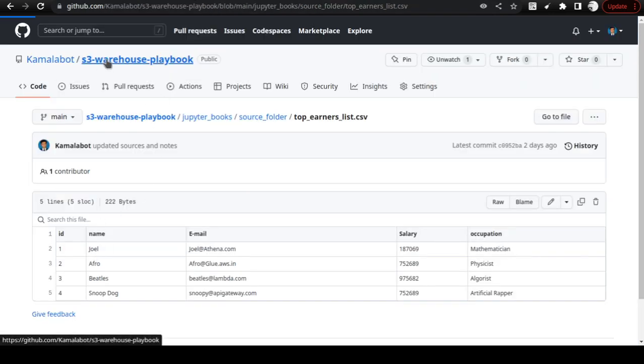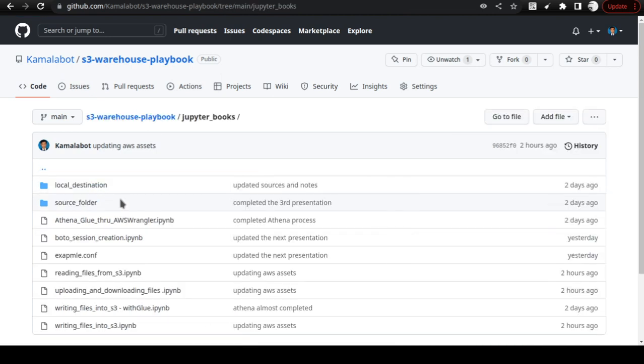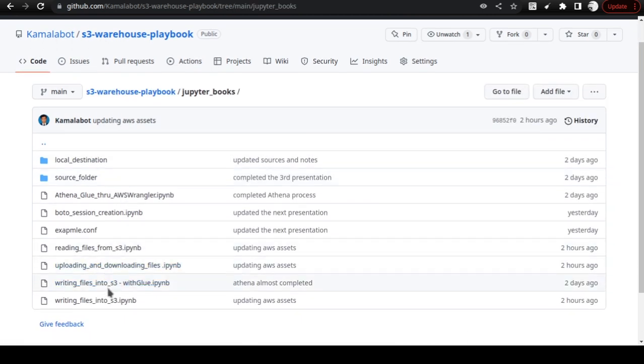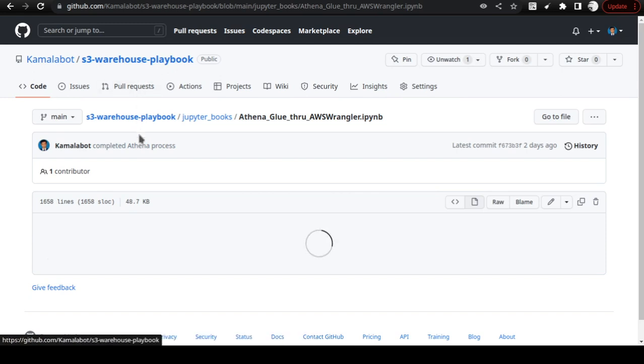You can go to this repo. If you have not downloaded it, please download that. If you go into Jupyter books, we will be working on Athena Glue through AWS Wrangler. We will be working on this notebook in the next